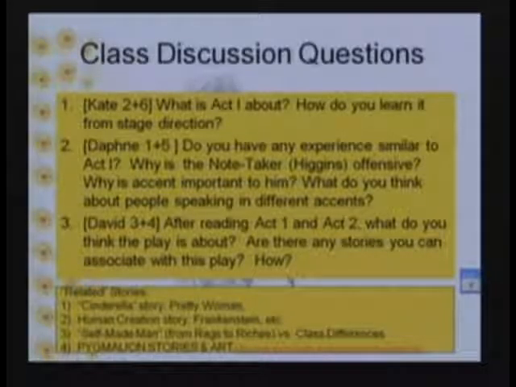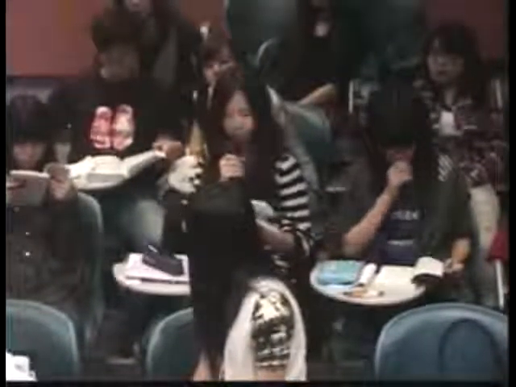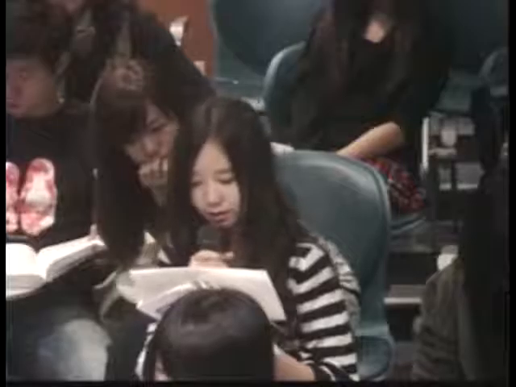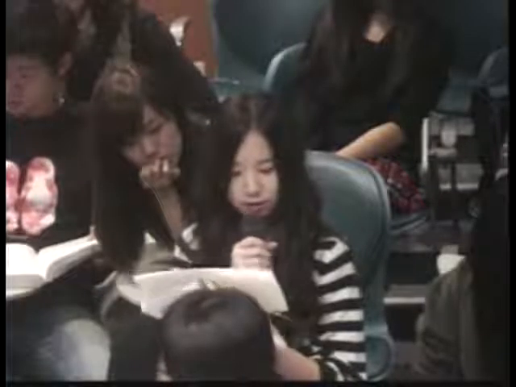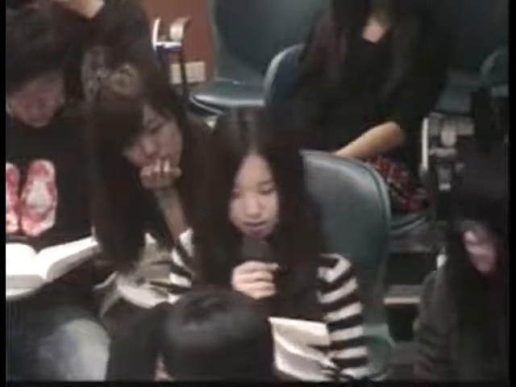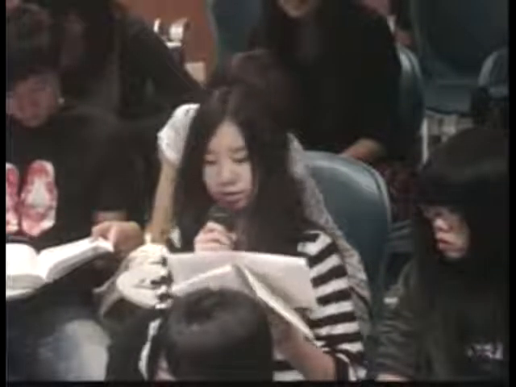Okay. Who else is in group 2 and 6? Could you give me an example of the class difference shown in Act 1? We think that the writer did very well on the connection between scenes and sounds. For example, on page 12, a flower girl went into a collision with the gentleman, and meanwhile there's lightning and thunder, which shows the big gap between them. And the clothes that Eliza wears are brown. It's a brown skirt, and her strange accent shows that she's in a lower class. So she's in a different class from Freddie.